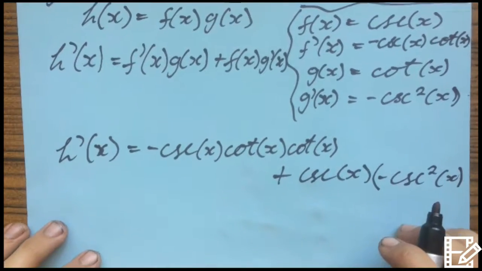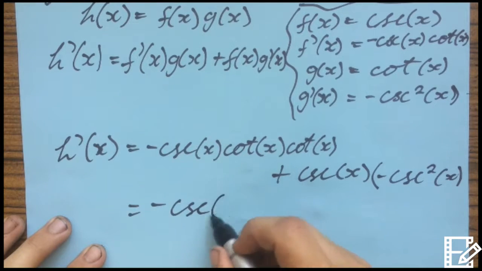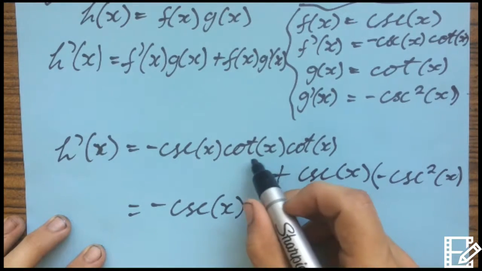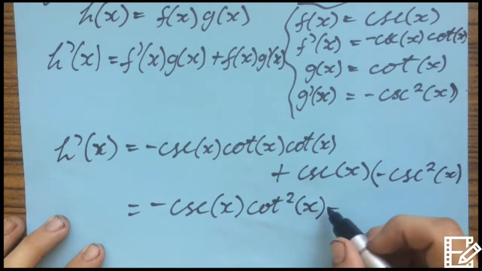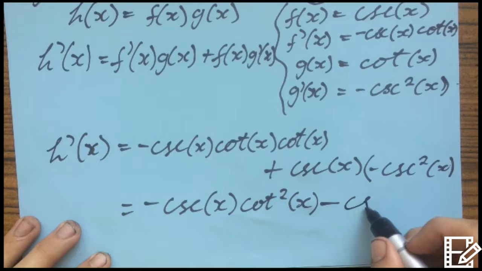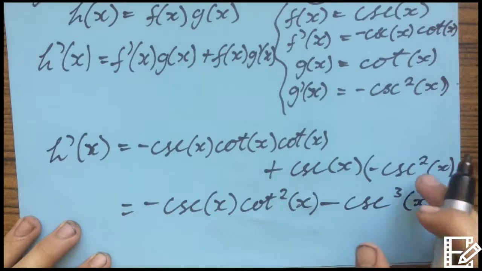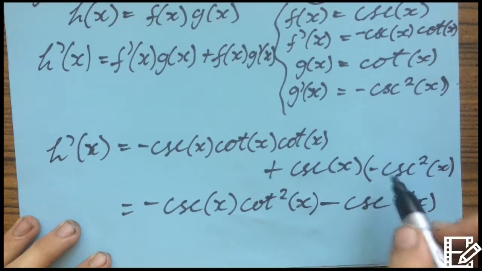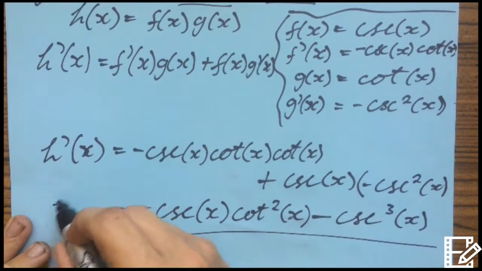So we can rewrite this as negative cosec x multiplied by cot squared x, because there's two, multiplying them, and subtract cosec cubed, because we're multiplying, we're essentially doing cosec multiplied by cosec again, and we've got the negative. So that's how it works. And that there is the first derivative